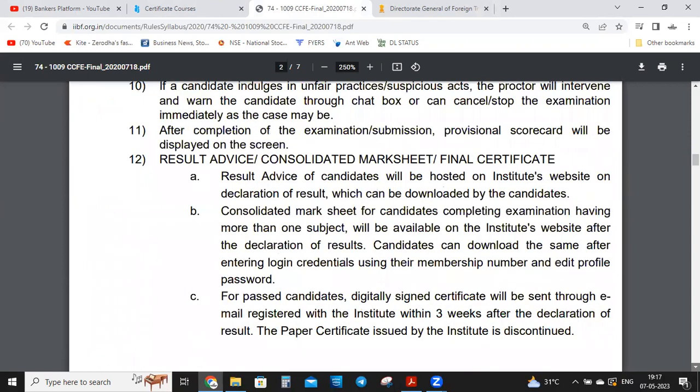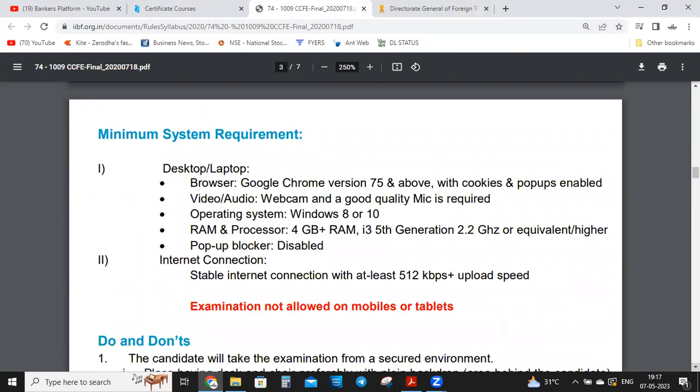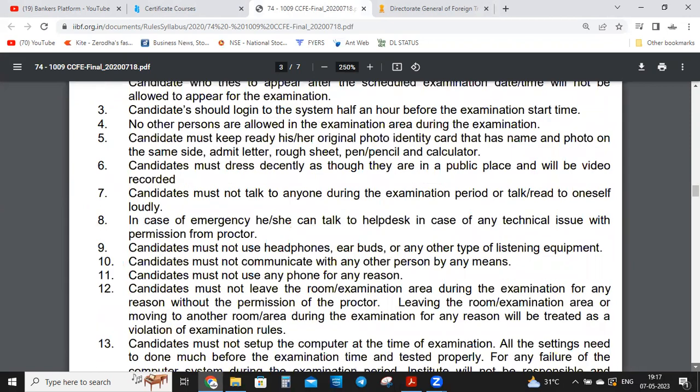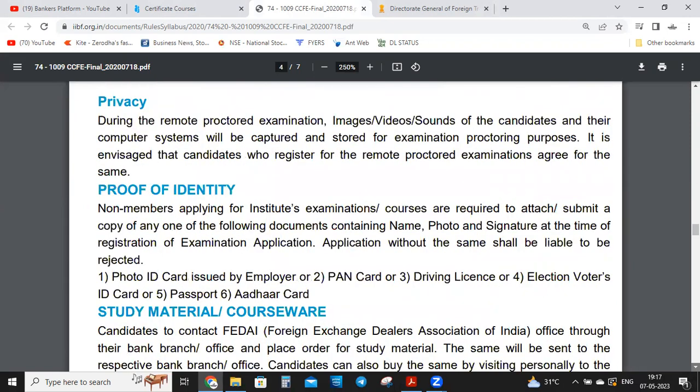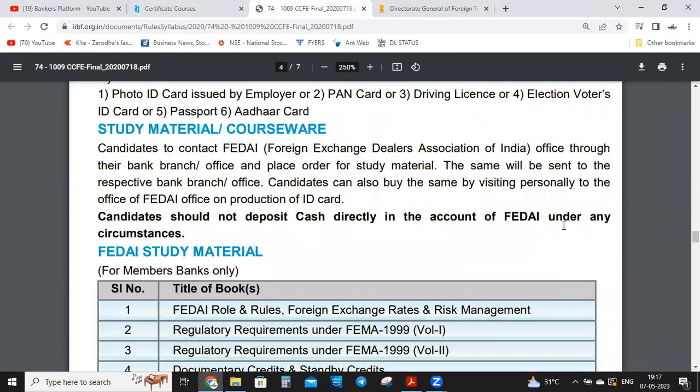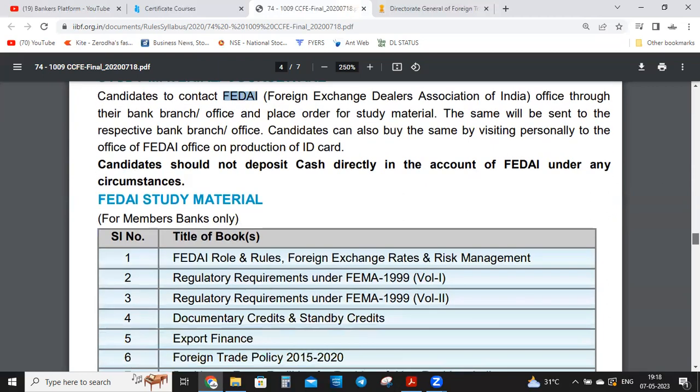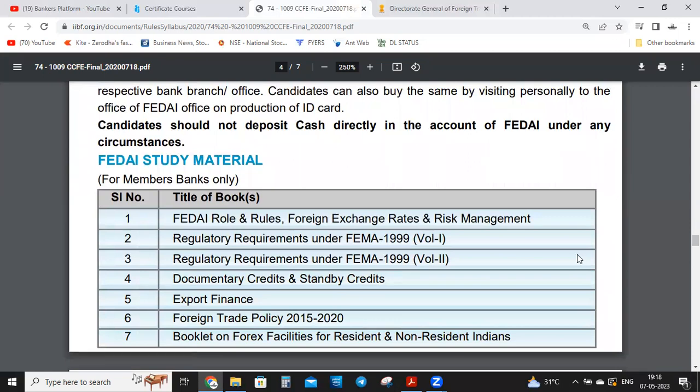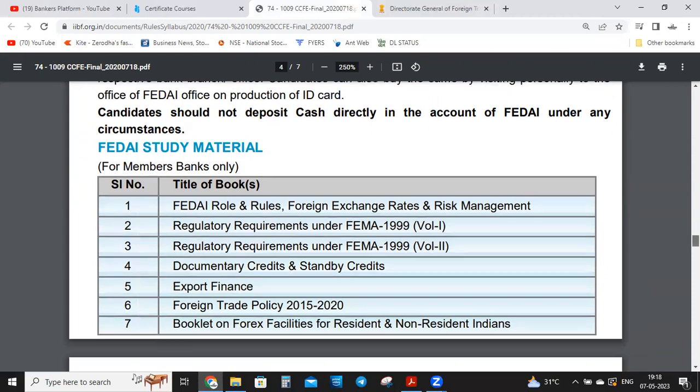So friends, this will be a remote proctored exam, that you all know. Here is our syllabus, or you can say study material. Many candidates have doubts about study material. So friends, candidates should contact FEDAI. FEDAI is the Foreign Exchange Dealers Association of India. If you want to take the book related to this topic, Certificate in Foreign Exchange, you have to contact FEDAI, and they have to send the address and money, okay, and they will get